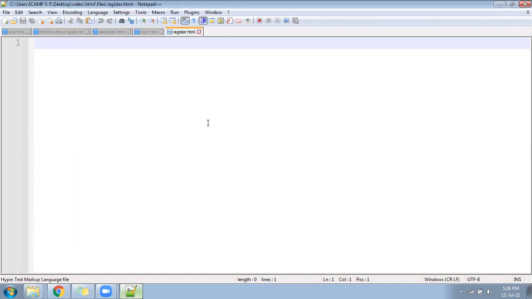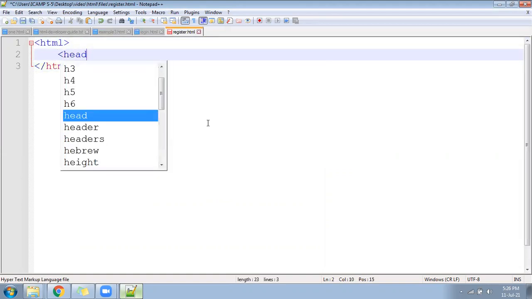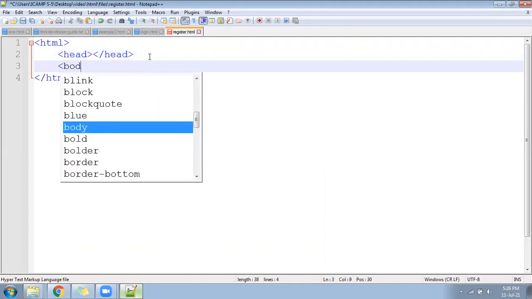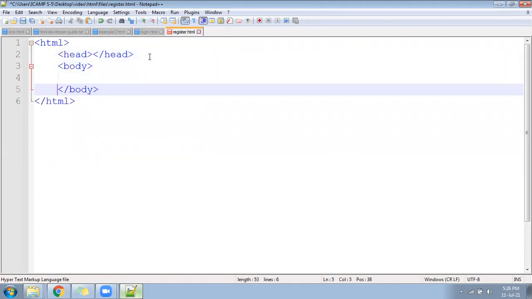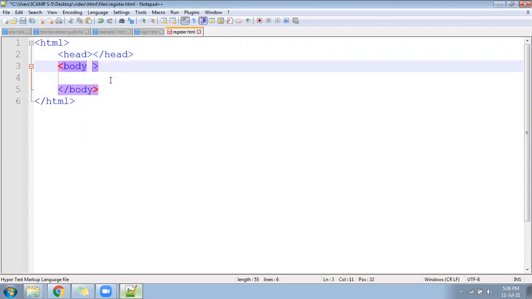Now in this register.html, again you have to start from HTML itself. HTML start, then head you follow. We are not using head as of now. We will start using it from CSS onwards. Body will open and close.